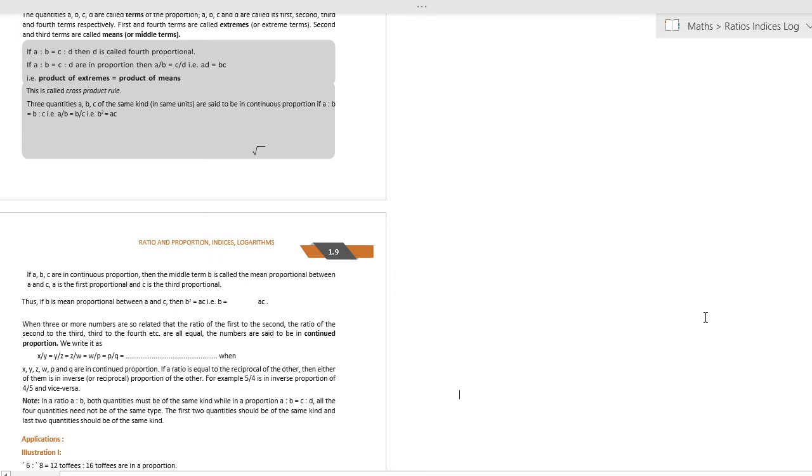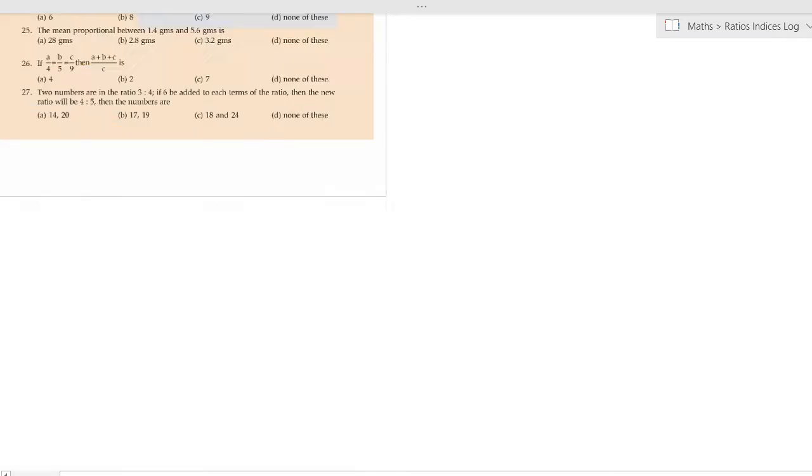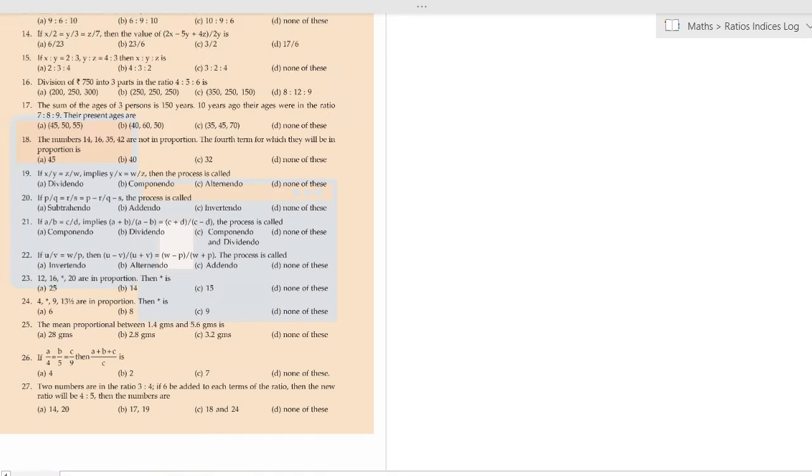Today we'll start proportions. Before moving to proportions, we have done one kind of question in ratios. At the beginning of the chapter, I told you how to divide the profit based on the ratio. But here we have three numbers, 4 is to 5 is to 6. So if we have to divide 750 in the ratio 4 is to 5 is to 6, there we had